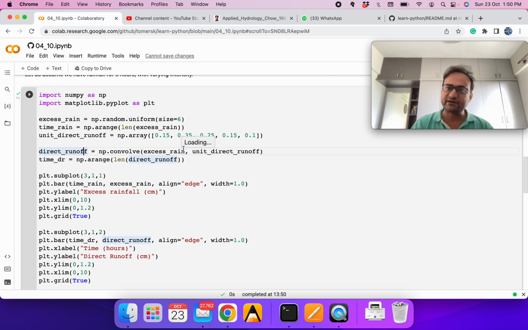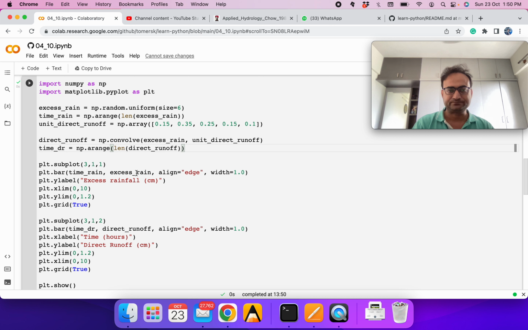You must have studied convolution in your applied mathematics, like when we apply mean filtering or median filtering with a moving window, then it's convolution we are doing. So we will convolve our excess rainfall with the ordinates of the unit hydrograph, and we get our output. We will create time for it. Now we can visualize it.